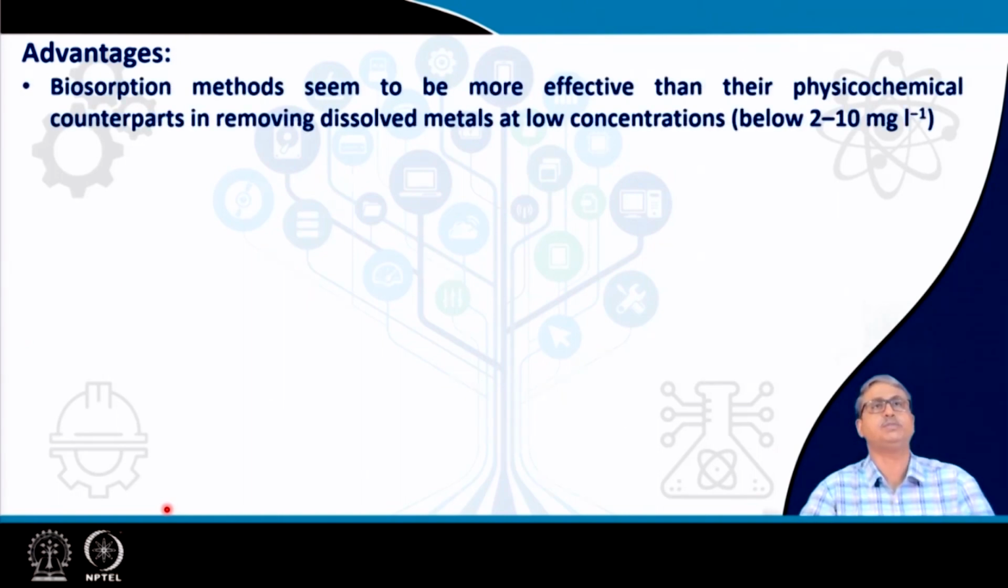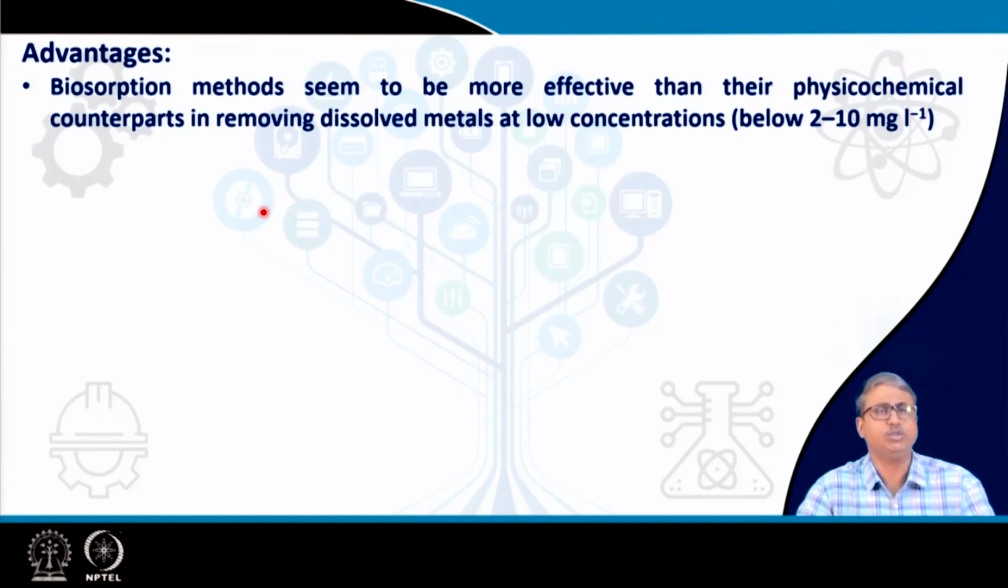Now, the advantages of these biosorption methods: they seem to be more effective than their physicochemical counterparts for many wastes, including uranium and other divalent cations, cadmium, zinc, etc. For industrial waste treatment, physicochemical methods including ion exchange resins are in use. So, the biosorption process was developed as a comparable technology, which